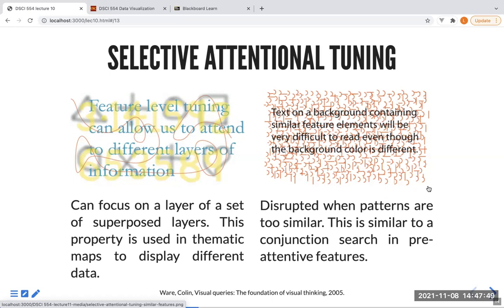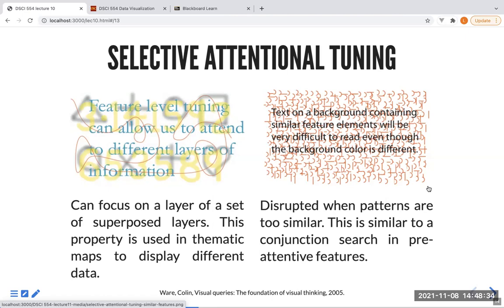So this is similar to what we saw with the pre-attentive features, where you want the pre-attentive features to be as far away in the space of the configuration from anything else that is in the display. For the selective attentional tuning, you want the same property to be true, otherwise it's difficult for us to do it. And then you remember that we call these conjunction search, that is where you actually need to scan the display